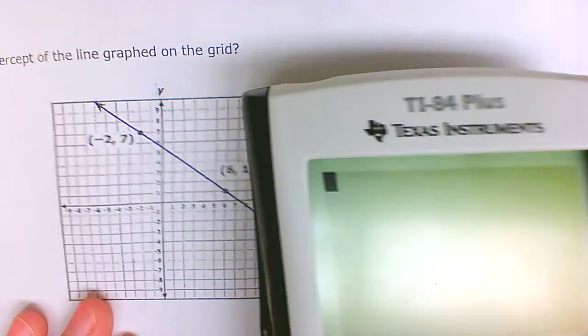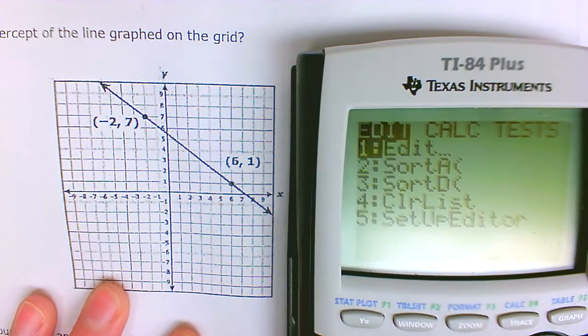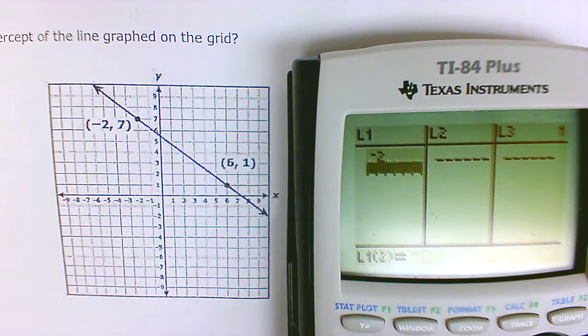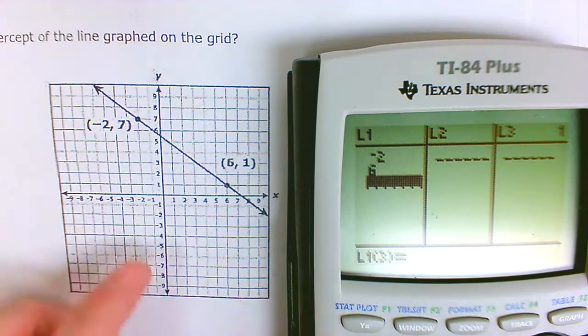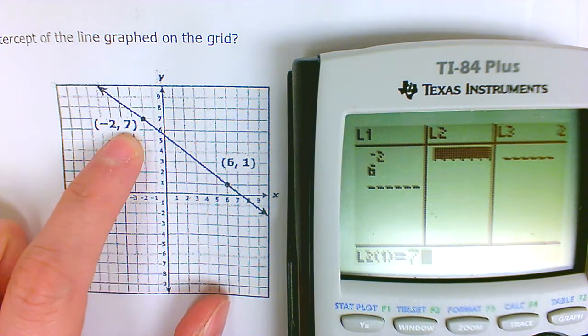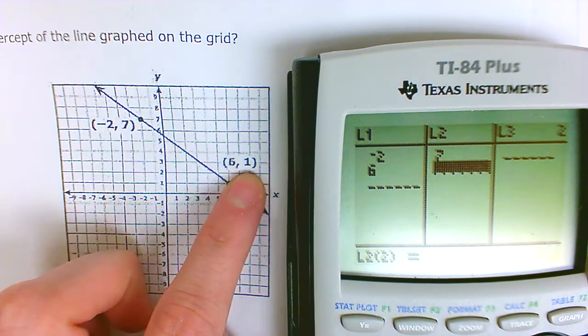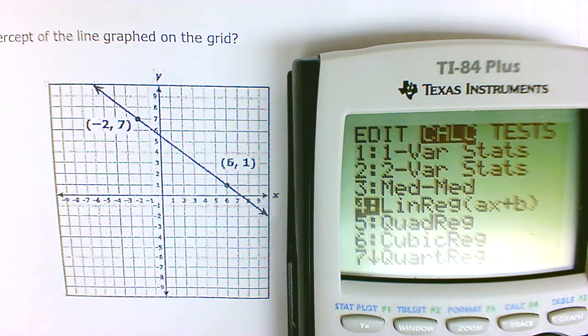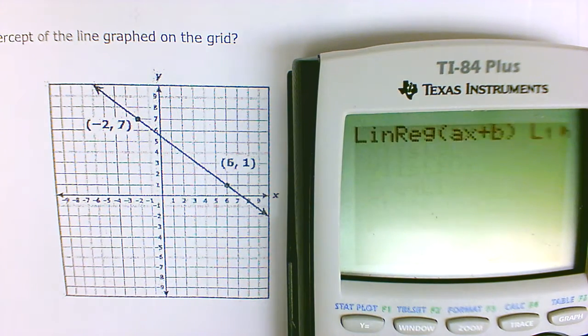So what I would do on this problem is go to Stat, Edit on your calculator, and enter in the 2 points. My two x values are -2 and 6. -2 needs to match up with 7, so I've got to make sure they're next to each other, and 6 matches up with 1. If I go to Stat, Calculate, this is the line, so I'm selecting number 4, and